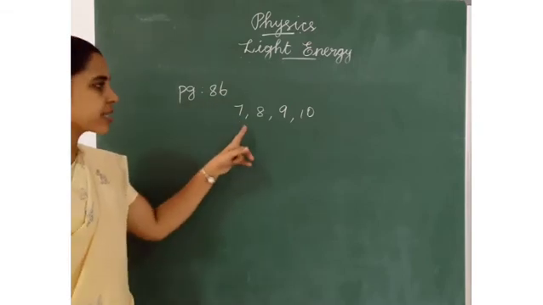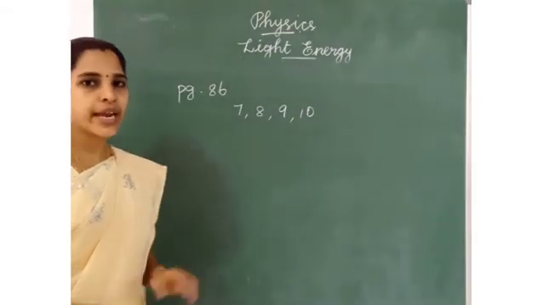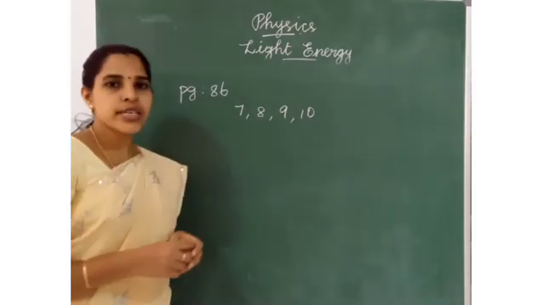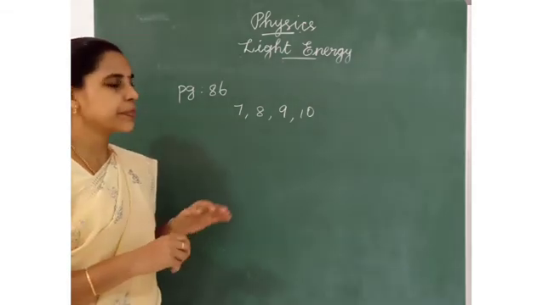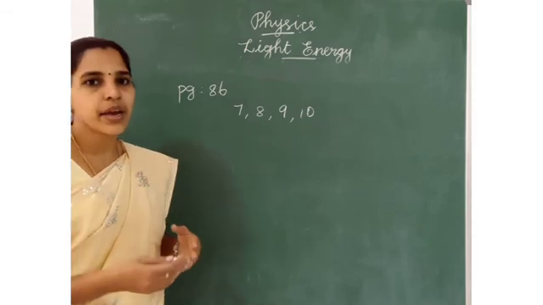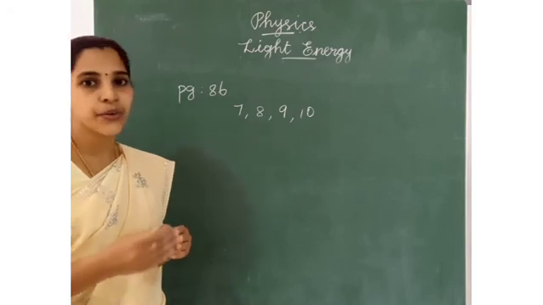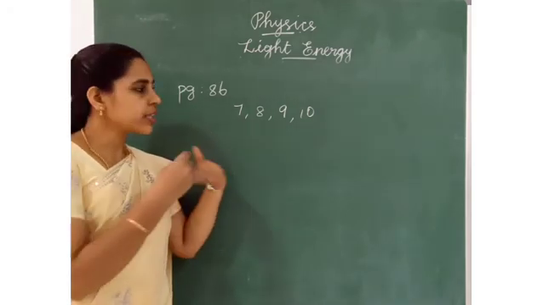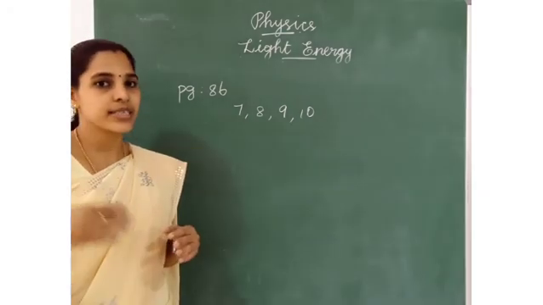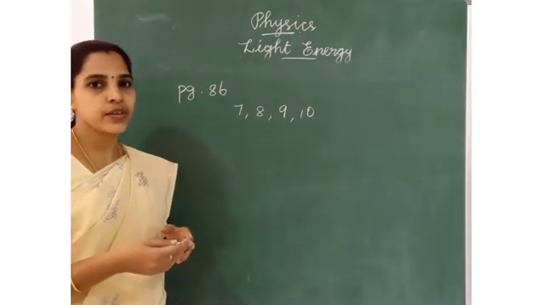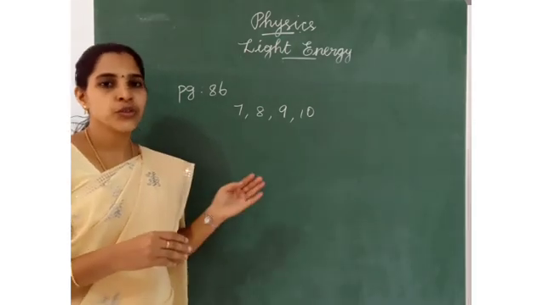Children, you have some homework from the book, page number 86, exercise questions 7, 8, 9 and 10. Four questions are there. You should try them. In all the questions, we have to write that the speed of light in air is 3 into 10 power 8 meter per second. A few questions will ask for the refractive index. After writing the refractive index, no need to write the unit. Then in a few other questions you should find the speed of light in another medium, glass, diamond or water, anything. There you have to write the unit. It is easy. You should do it as homework.